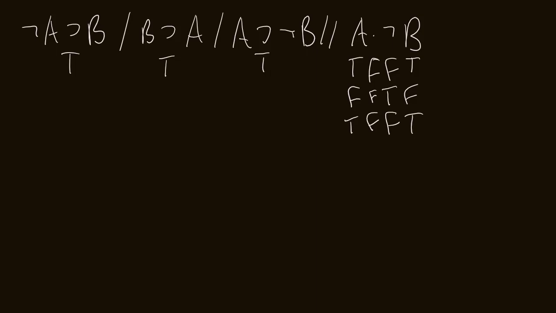And on each row, we are trying to avoid a contradiction. Remember, we're trying to show that these arguments are invalid, right? And the only way to do that is by assuming that the premises are true, the conclusion is false, and not getting a contradiction. On any row, if we do not get a contradiction, we will have shown that the argument is invalid. If we do get a contradiction, let's say we get a contradiction on the first row, what